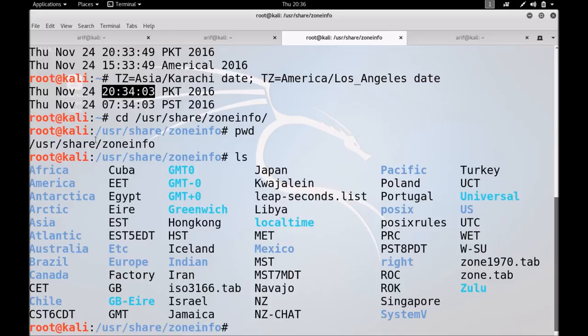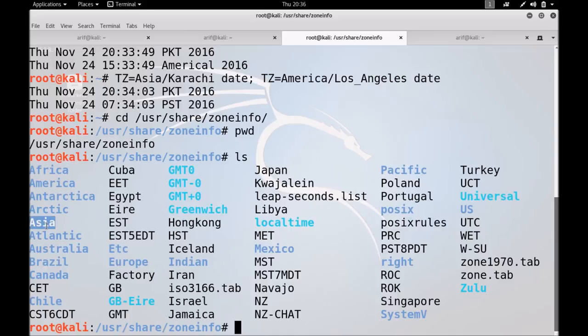Now every file in this directory contains information about the time zones of a particular country or region. For example, EST is US Eastern Standard Time. CET is Central European Time. GMT is Greenwich Mean Time.